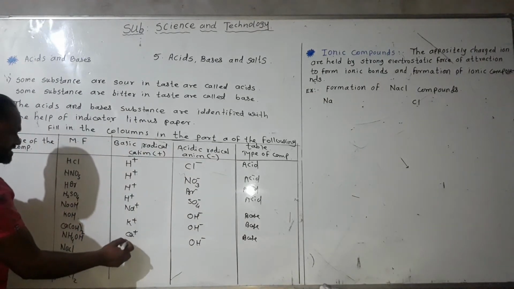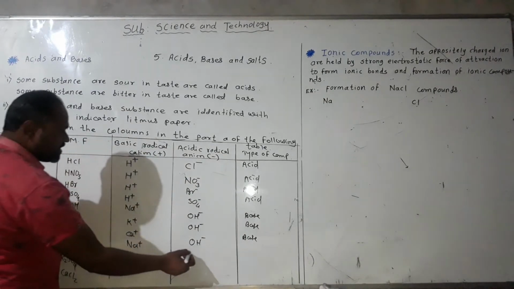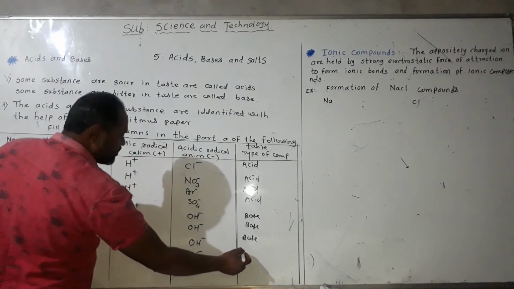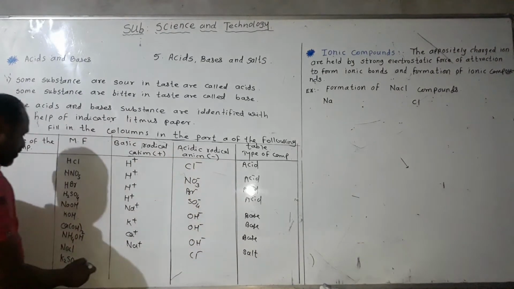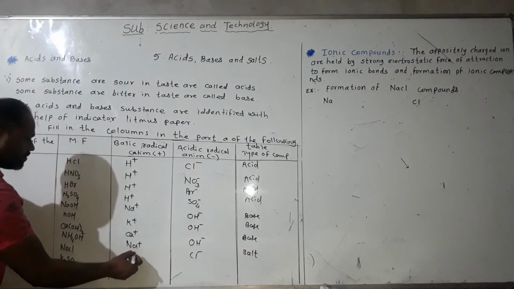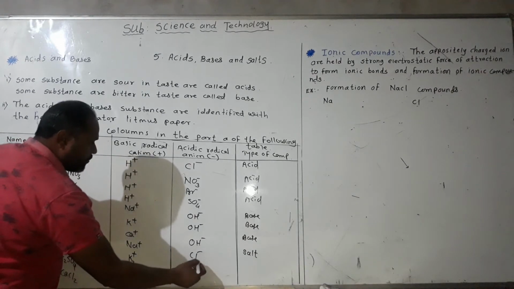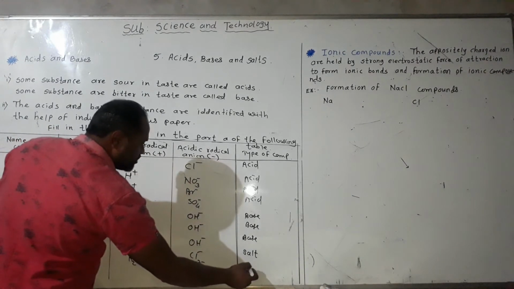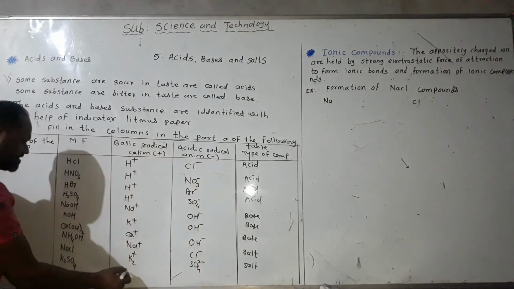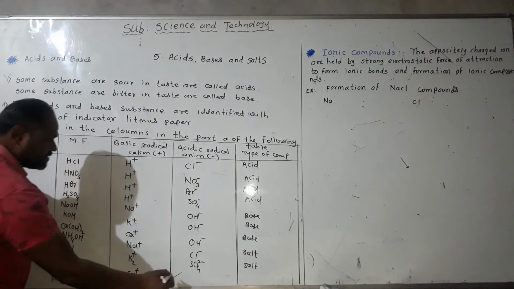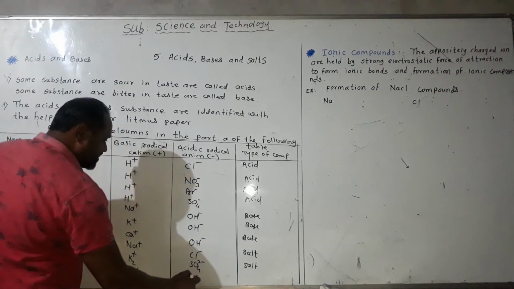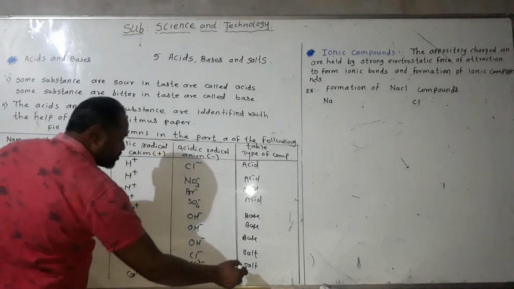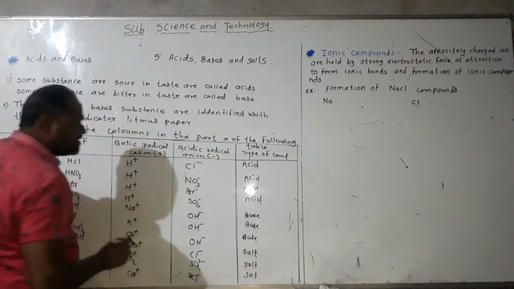Now NaCl gives Na plus and Cl minus, not H plus and not OH minus, so in a simple way it is a salt. Now K2SO4 gives K plus and SO4 2 minus, and is also called a salt substance. Now CaCl2 is calcium chloride, giving Ca 2 plus and twice Cl minus, and the type of substance is also salt.